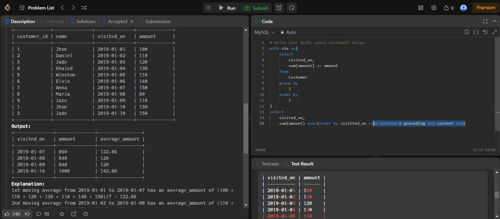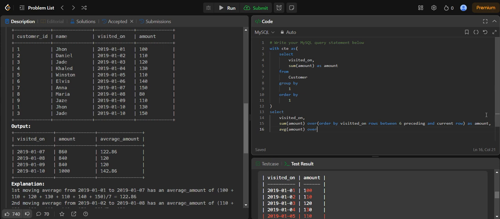This part gives me the moving window. Rows between 6 preceding and current row will give me a window of 7. Then amount only. Similarly, I have to find the average of amount also,